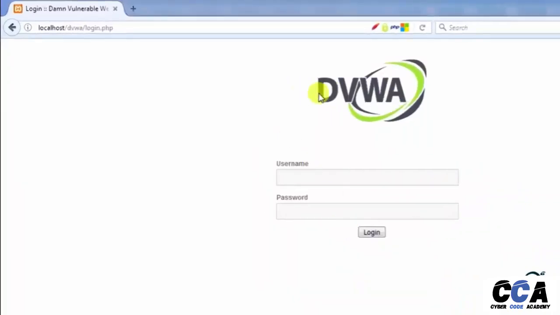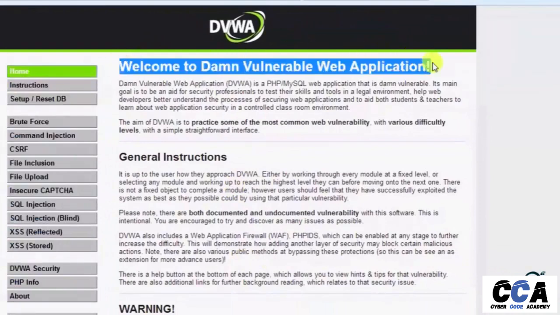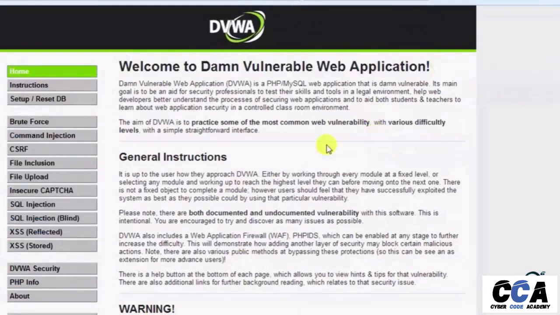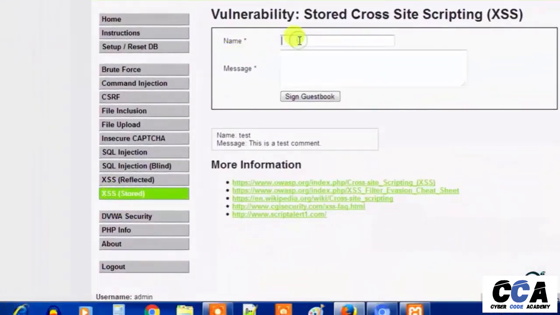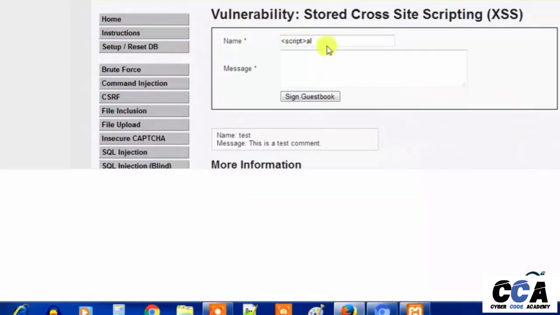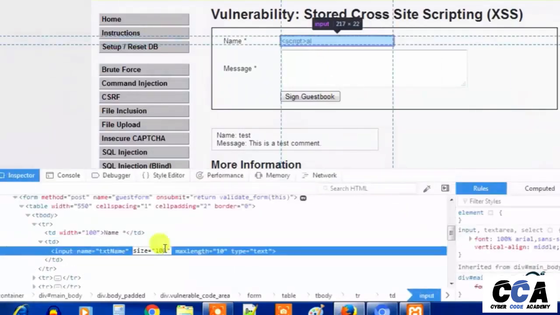Let's open up the browser and go to XSS stored in the DVWA vulnerable web application. If you have no idea what DVWA is, do watch the previous videos in this course where I demonstrated what DVWA is. Go to XSS stored and type a script with the tag. It looks like there is a restriction on the input length, no problem. Now inspect the element and change the length to 100 and type